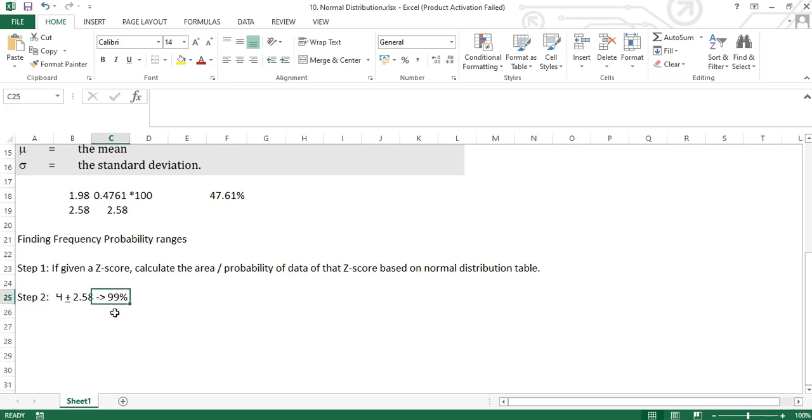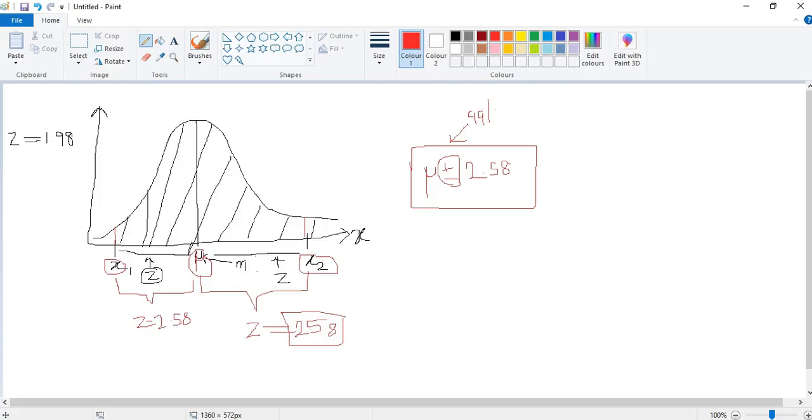But they might ask you this probability. So now they might not simply give the z-score, they will give only this part and ask you. So when you look at this part, you shouldn't get confused. You must remember, okay, this is the range. That means this is the gap between the middle value mu and a particular x value we don't know. But we know the gap is 2.58.